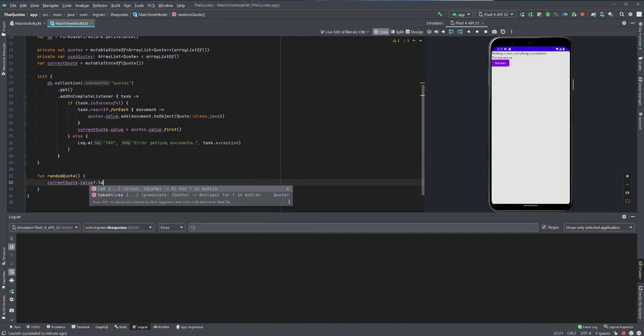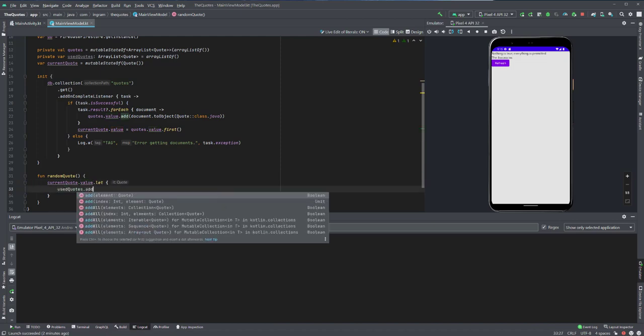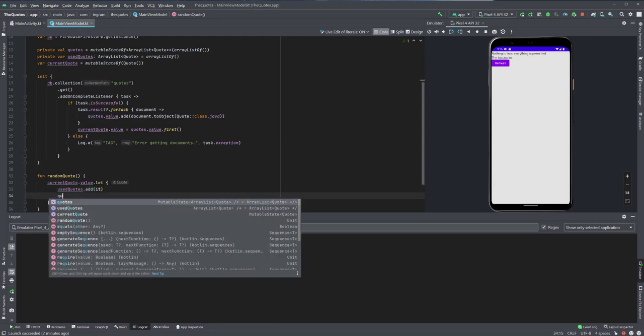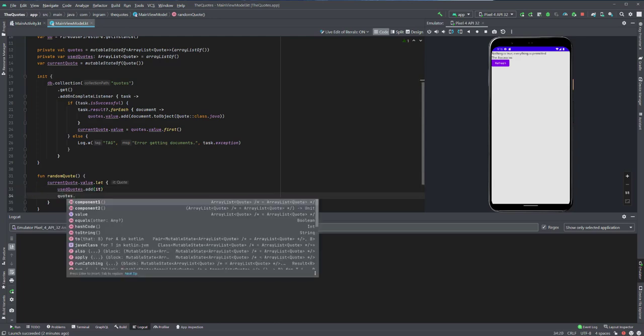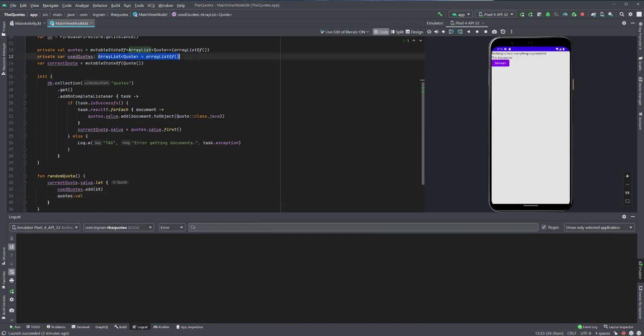So we have our current quote. That value is going to be, can it even be null? Can't even be null. And we'll say whenever we get a current quote, when we randomize, add it to the used quotes. And that's what's going on there. So if we add it to the used quotes, then we're going to want to remove it from current quote. Not current quote, just our list of quotes. So let's remove,